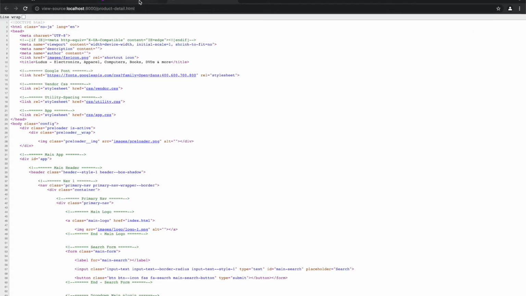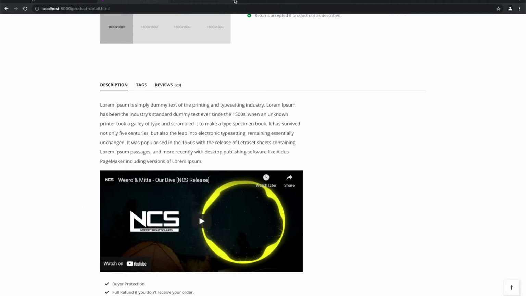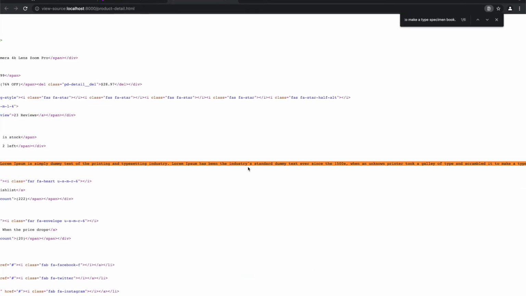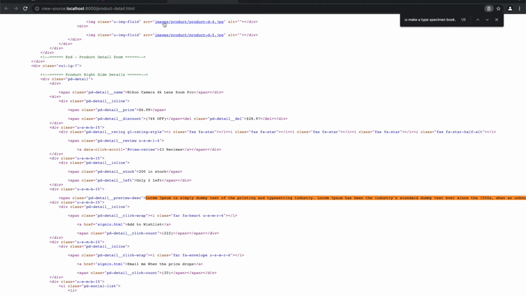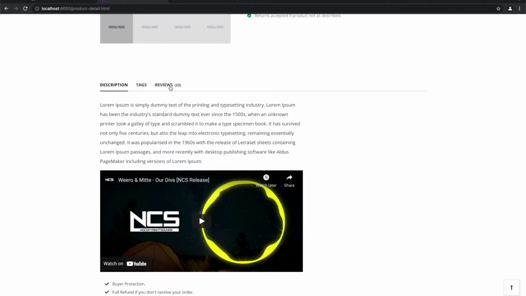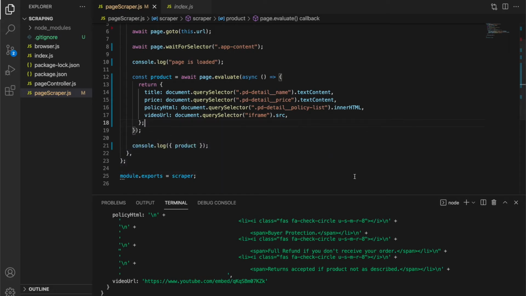So if we go here and just copy this text and refresh the page, we haven't opened the reviews yet, and we have to see if those are loaded. And we can see that those are loaded, so we can actually scrape them without opening this tab. But if we had to open this tab, we could also do this really easily in Puppeteer.